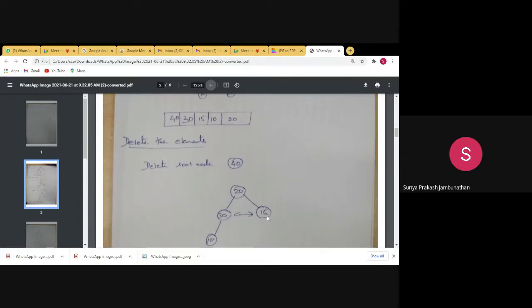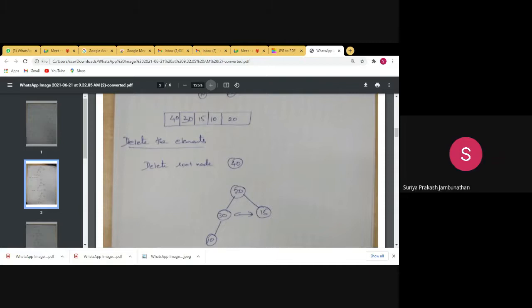When you are comparing the sub nodes, whichever is greater has to be shifted to the root node, and the root node will come to the sub node. That is the structure of deletion of elements in a heap. So whenever you are keeping the root node, the sub nodes have to be compared, and the greater one has to be put as the root node. Got my point?